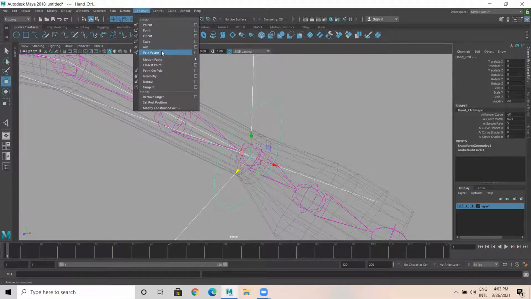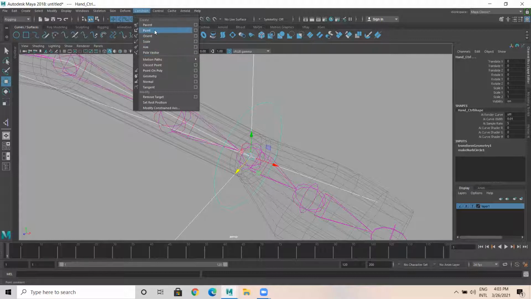You have another thing called pole vector. Pole vector is used for elbows and knee part. Why we use it for elbow and knee, I'll explain separately.